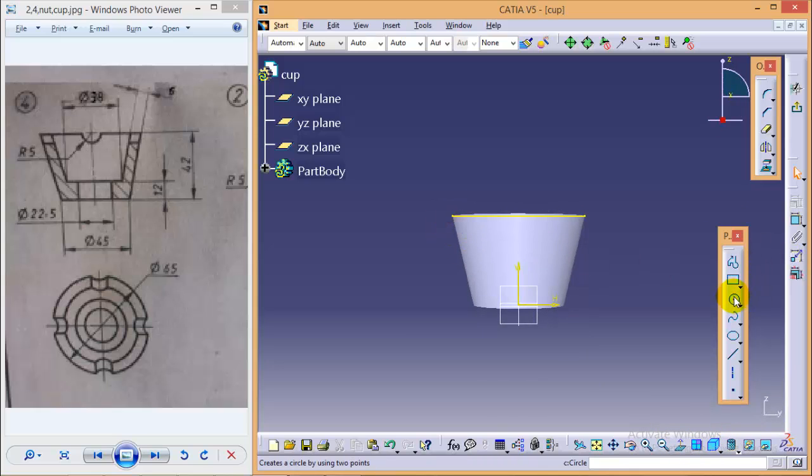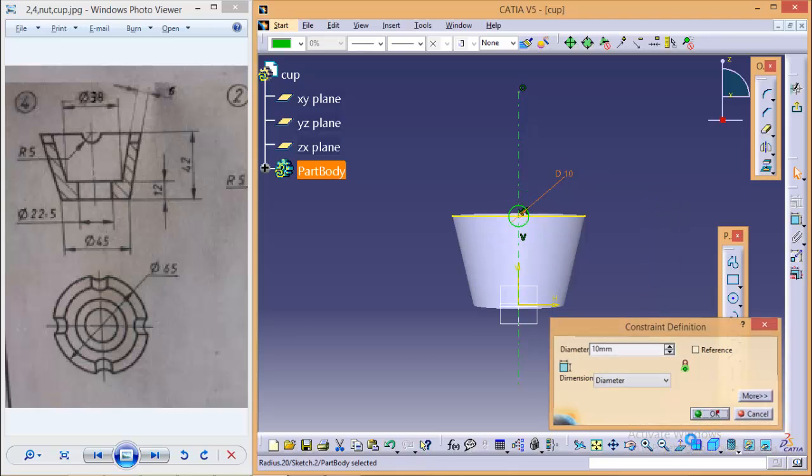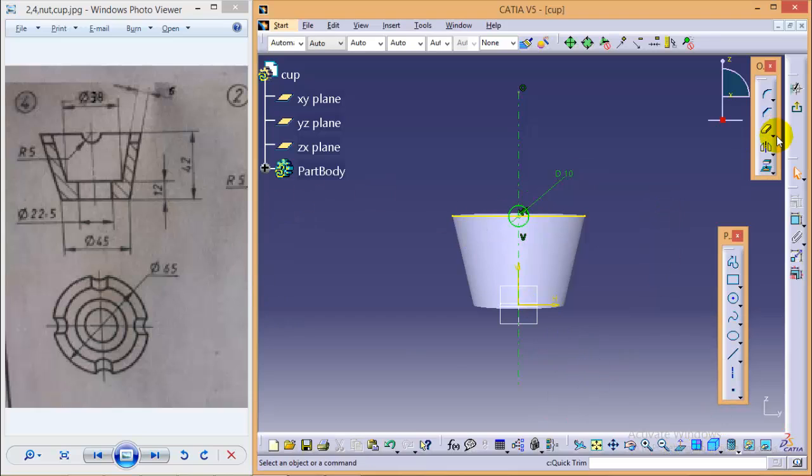So quickly we will make one construction line, a construction middle line, to locate the center of the circle. Then we'll make a circle with a diameter of 10. We'll quickly use quick trim.